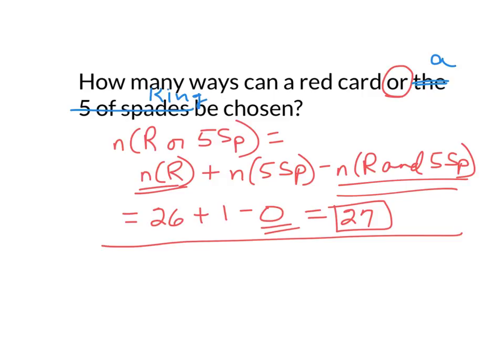Red card or a king. Again, the big picture idea here is that it's an or problem. So we'll go to the or formula. The number of red or king